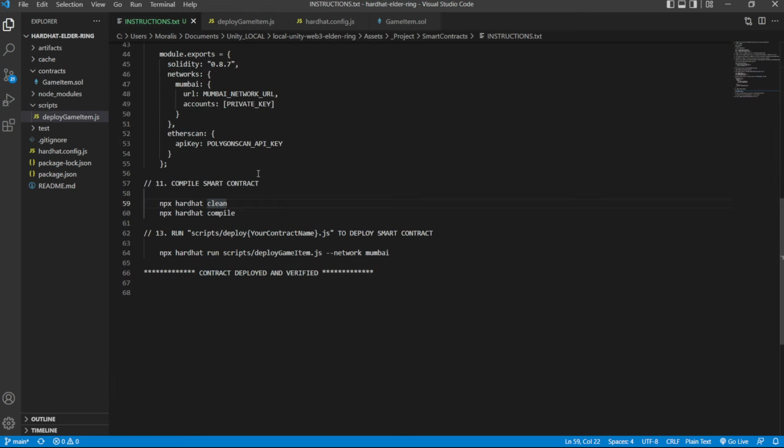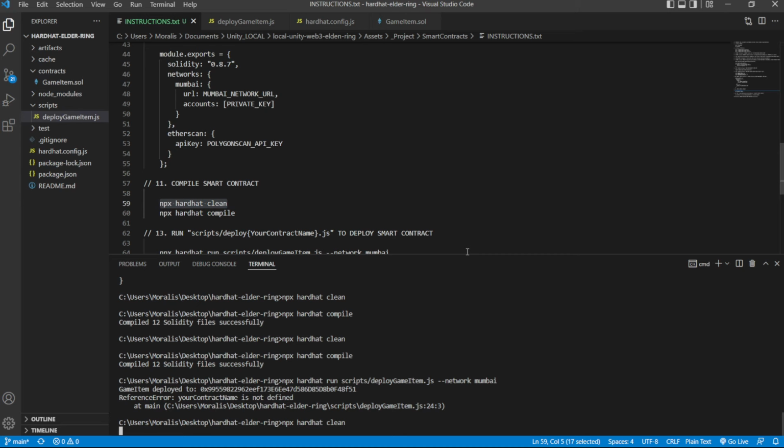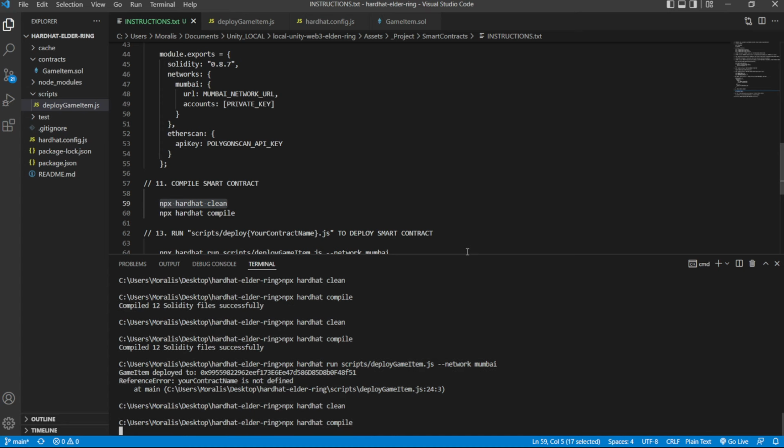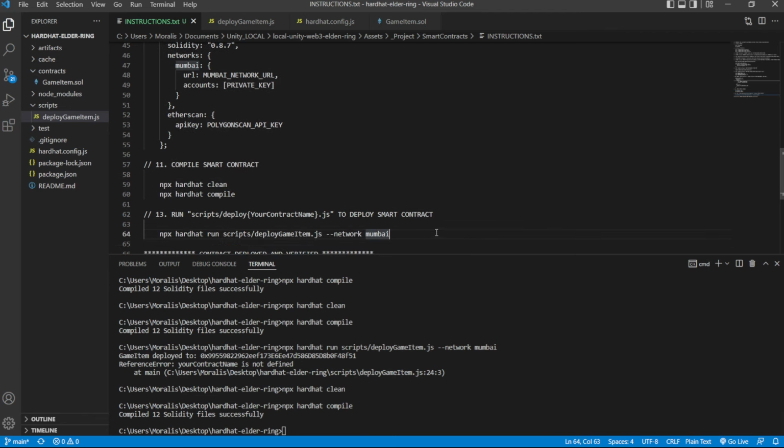So go back to instructions, copy the first command, open the terminal and paste it. And we're going to clean the cache and everything before compiling. And I'm just going to type it because it's not very hard. So we're going to compile running this one. And this should be successful. Nice. So finally, we're going to deploy the contract